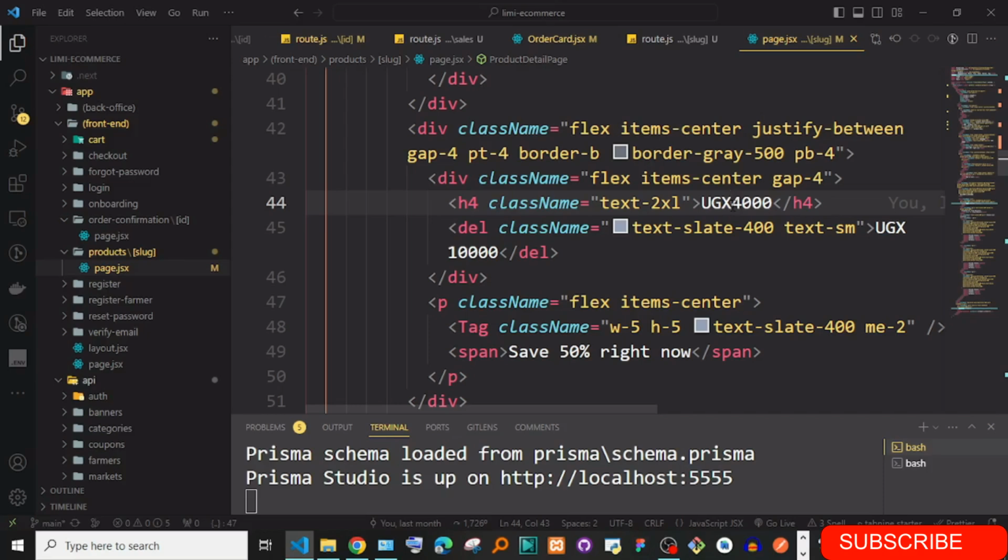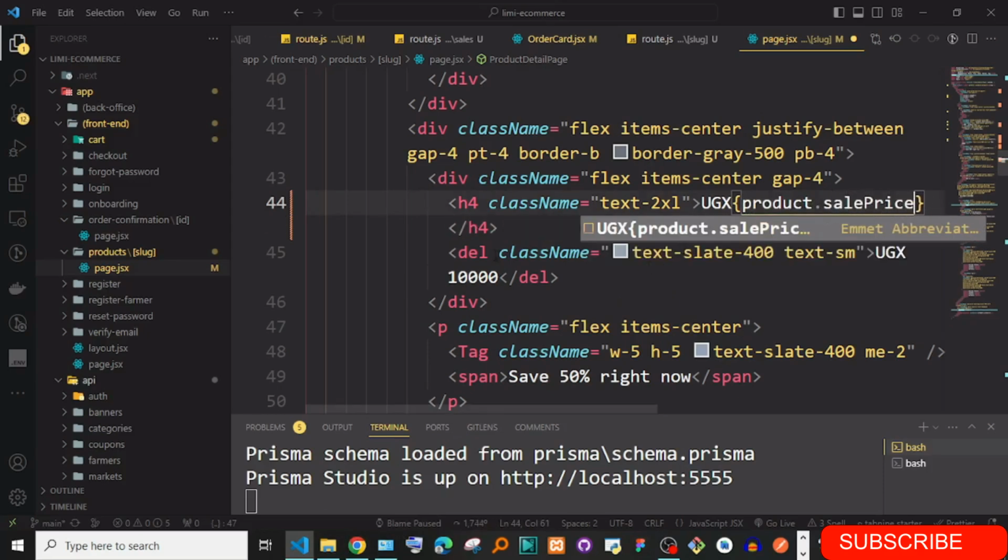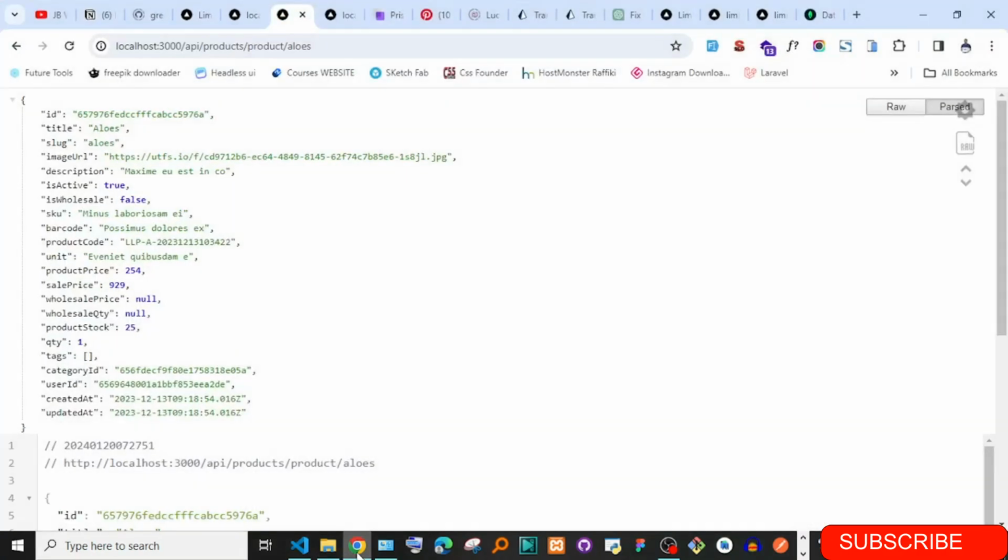Okay, so we have the actual price and this other price. So this one is the sale price. Product dot sale price. Okay, and then there is product price. Which one is which? So there's the one, this is the buying price. I'm not sure how to manipulate that, but I think the sale price is supposed to be lower than the product price,